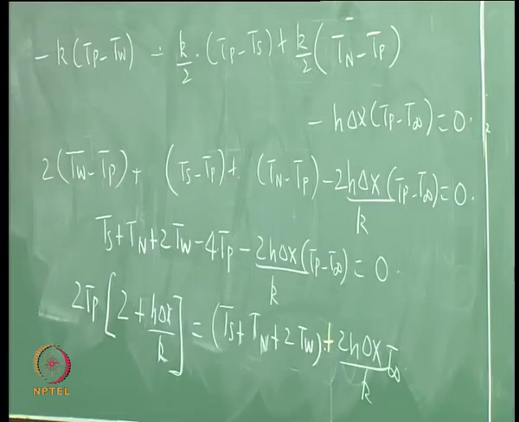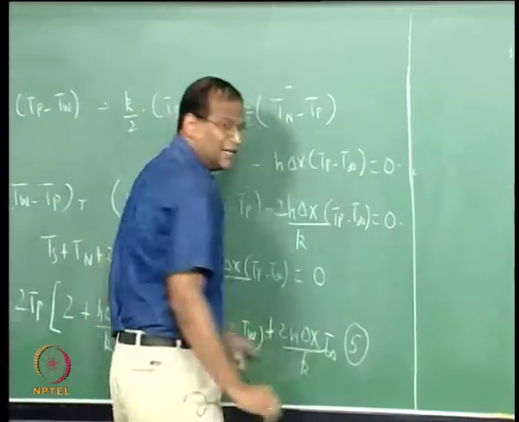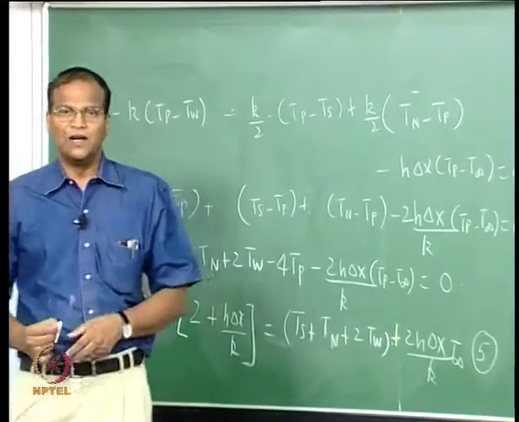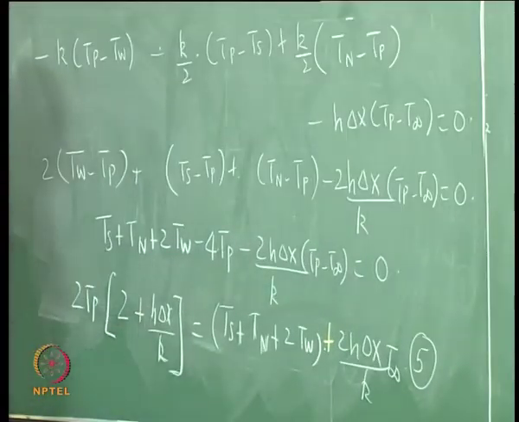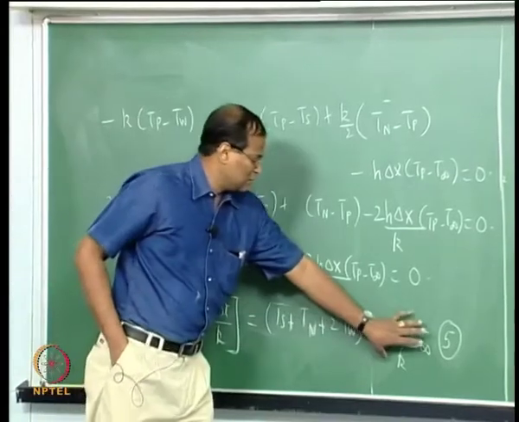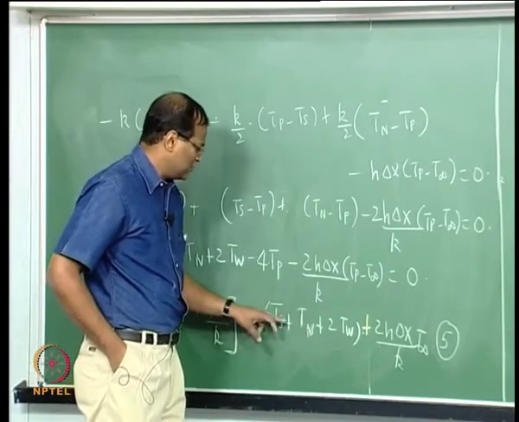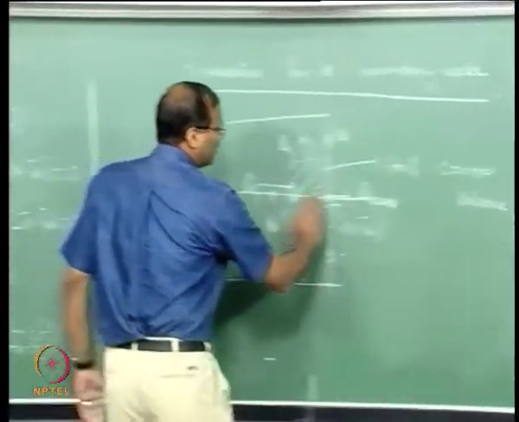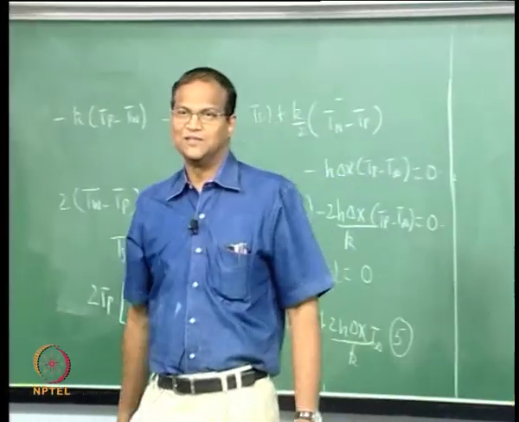Okay, let us look at this equation. This is the control volume based finite difference formulation for a boundary node where there is a convective heat transfer coefficient. Now please look here, suppose h is 0, that means it is an adiabatic condition, this will vanish, this will vanish, this will become 4 Tp, therefore Tp will be north plus south plus 2 times west divided by 4. That means it is as though an imaginary node existed there, the west was repeated here, instead of the east the west is coming twice.